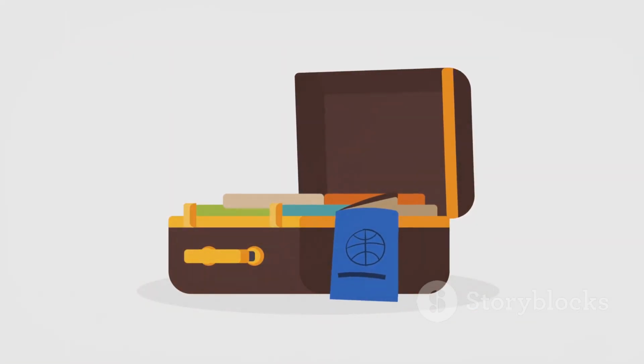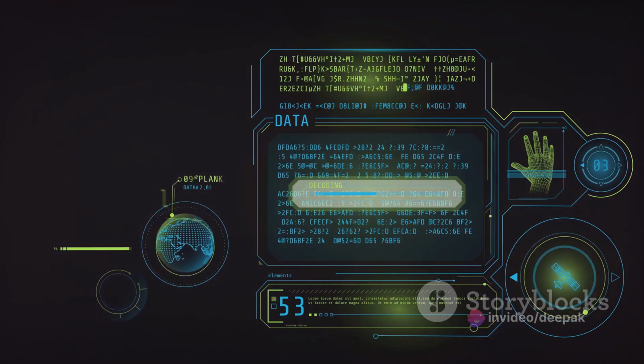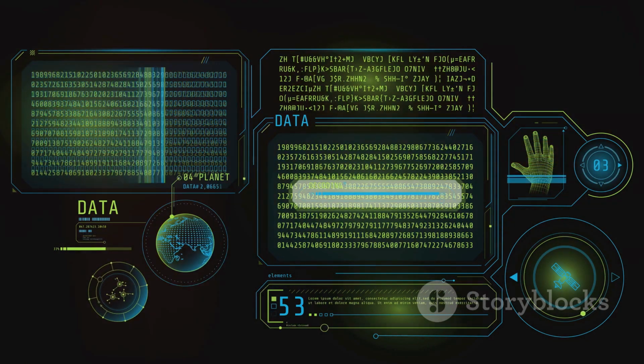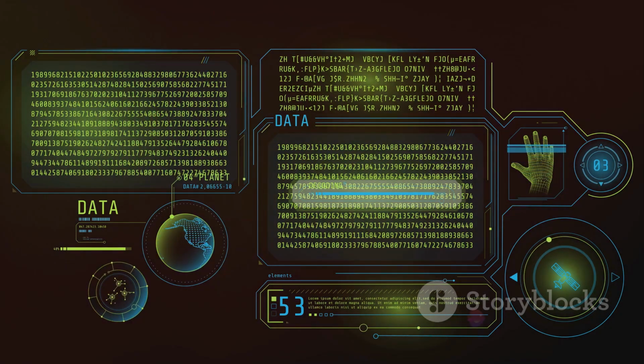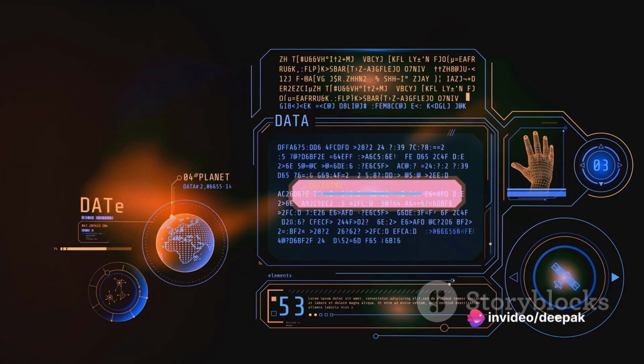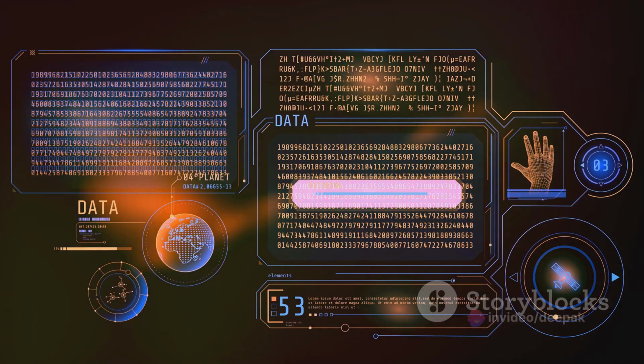when needed. Imagine a codec as a tool that crams all your data into a small suitcase for easy transport and then unpacks it again when you've reached your destination. The primary purpose of a codec is to make big data files smaller so they're easier to store or send. This is vital in the world of digital media, where files like videos and audio tracks can be gigabytes in size. With a codec, these massive files can be shrunk down to a fraction of their original size without losing